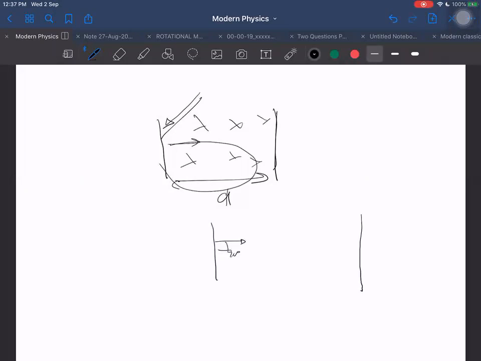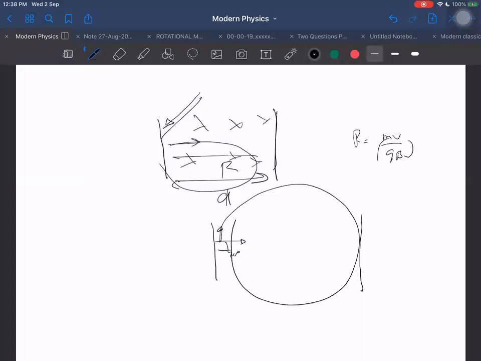I think they can come out in random directions. It is not required for them to come out perpendicularly only. I believe so. And if they can come in any direction outside, then according to me, the answer HCV gave is not correct, because some may come in this way also. HCV gave the answer that this distance should be equal to the radius, and we are able to find the radius by the formula m v by q B.